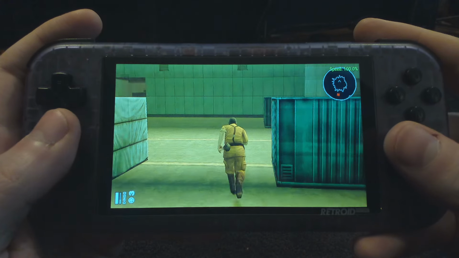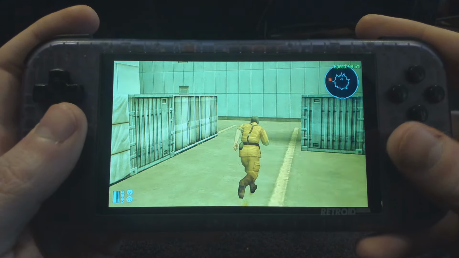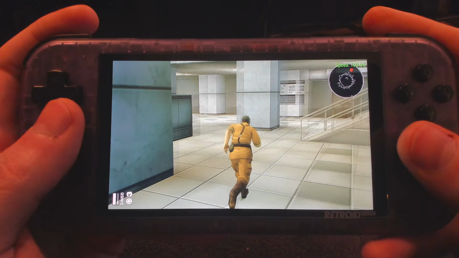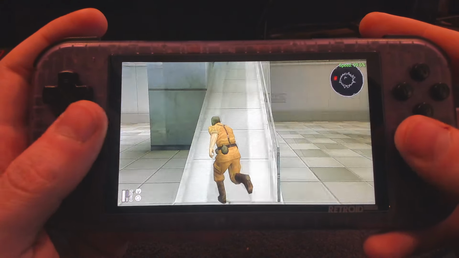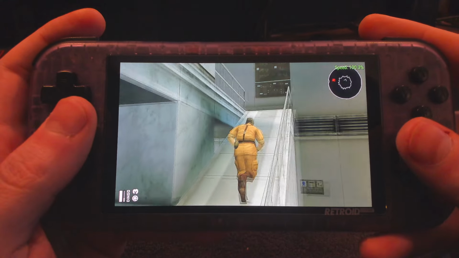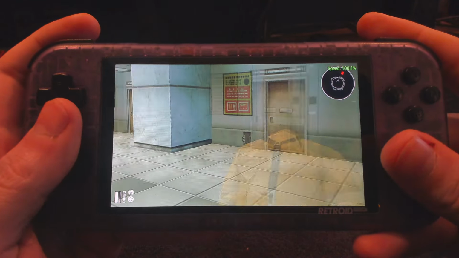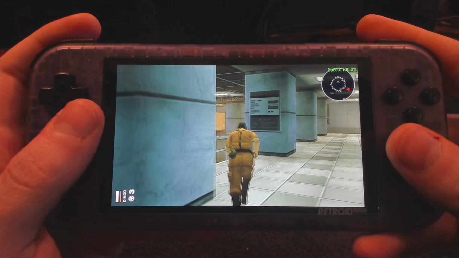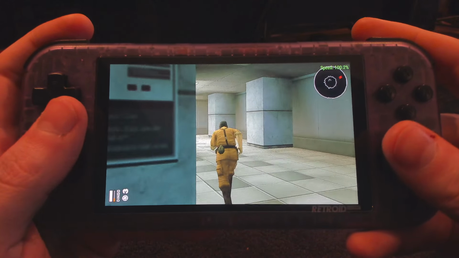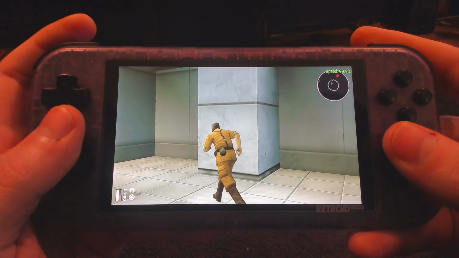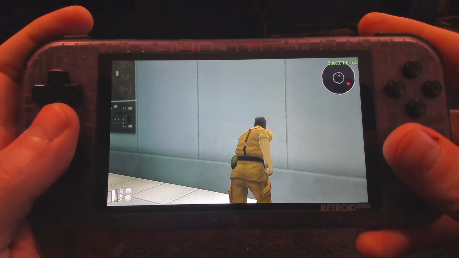I don't want to be a channel you come to, like, check out a retro device, and it's like, oh man, I was going to play that and he spoiled it. I'm going to try and steer clear of that one. But as you can see, this game runs pretty nicely. Obviously, I would have preferred to test a map where loads of enemies are all alerted and try and take me out. That's what I usually try and test with a Metal Gear Solid game, but